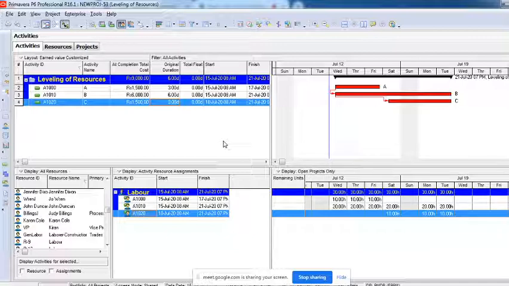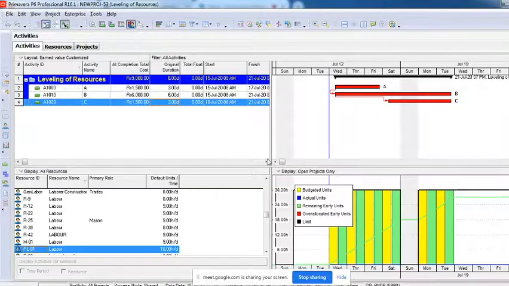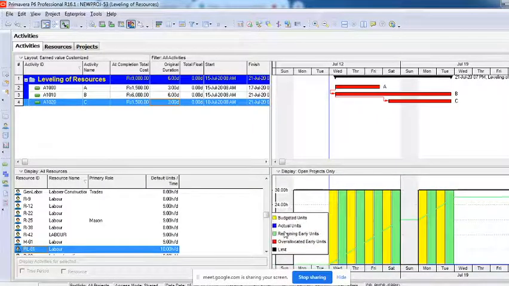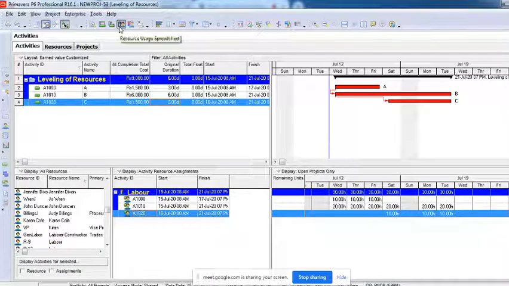And for that, what you need is these two tools. First thing is the resource usage profile, to understand where the over allocation is and how much it is over allocated, and wherever there is an under allocation, how much under allocation there is. That is very important. Secondly, I need this usage spreadsheet, so that I'll be able to understand in numbers how many hours it is over allocated or under allocated, so that I can make the changes.